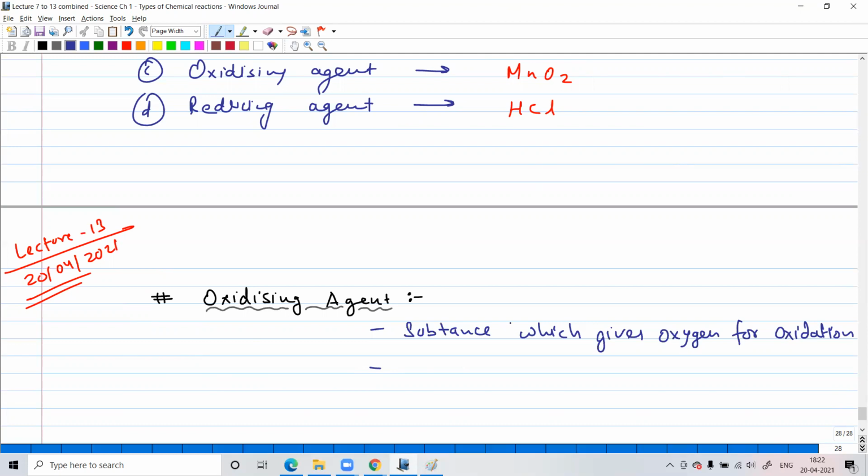So the substance which removes the hydrogen. So can't we write loses? Which loses the hydrogen, that will become the